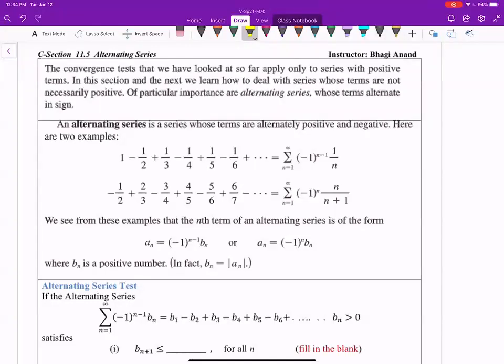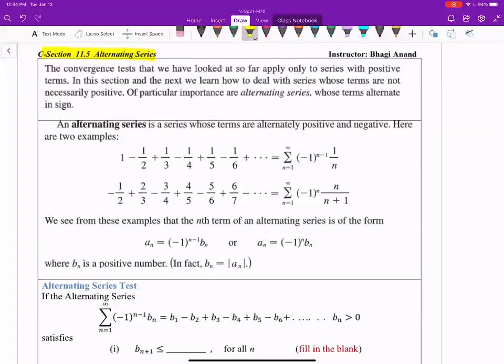Welcome everyone. In this video, I will be covering section 11.5, which is alternating series. If you recap the ideas of other videos that we saw earlier in this chapter, we started off with sequences and then we moved to series, understanding what series are, and we saw several series: the telescoping series, then geometric series, P series,